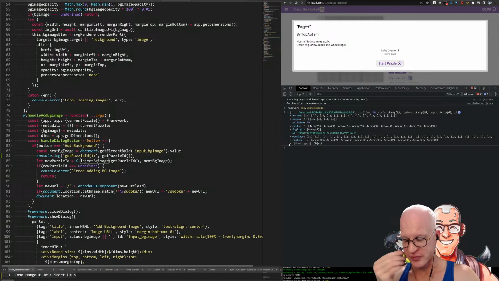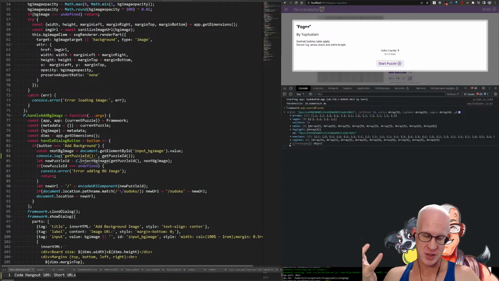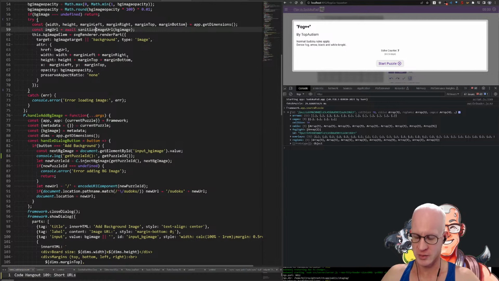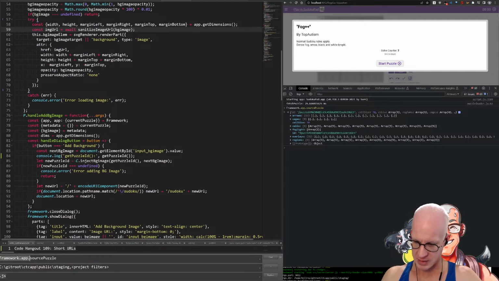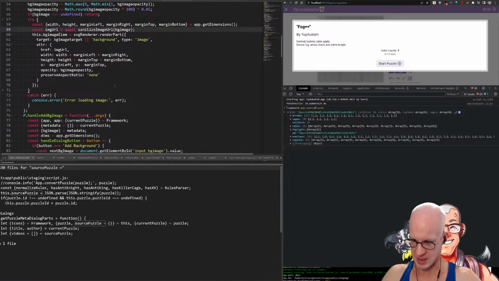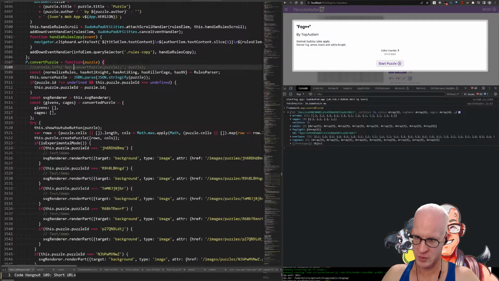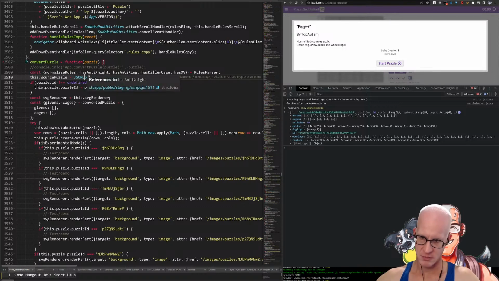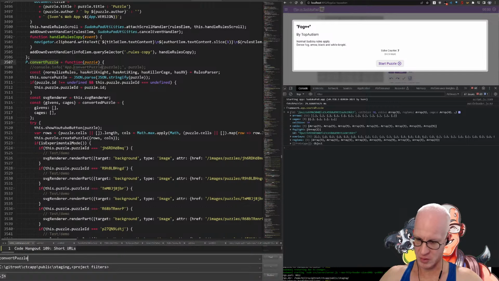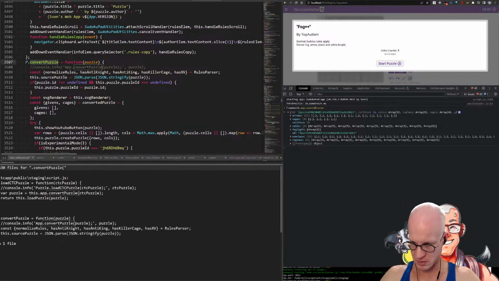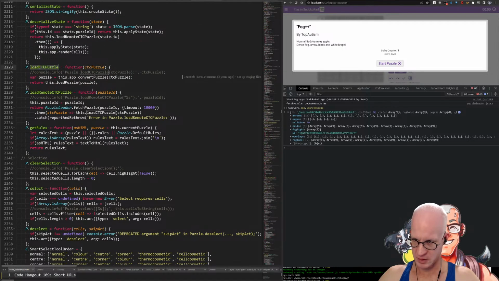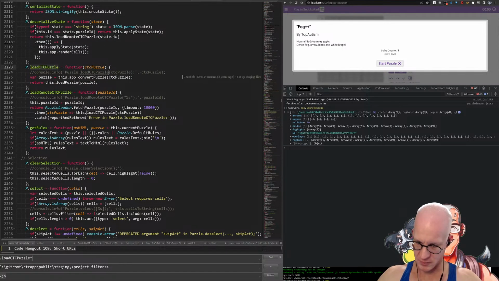This is a bit of a... Like, it's not a technical problem as such. It's more of an organizational problem, right? While I'm at it, where is source puzzle being set? So I'm seeing one place, which is in convert puzzle. And convert puzzle doesn't happen when we're doing SCF loading, I'm guessing. So if I look at where convert puzzle is being called, it's just this one place, and is load. This obviously doesn't happen for